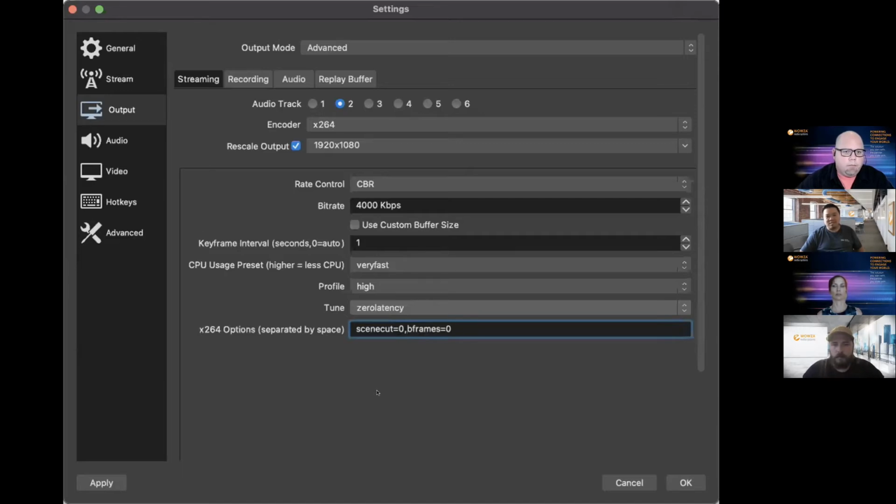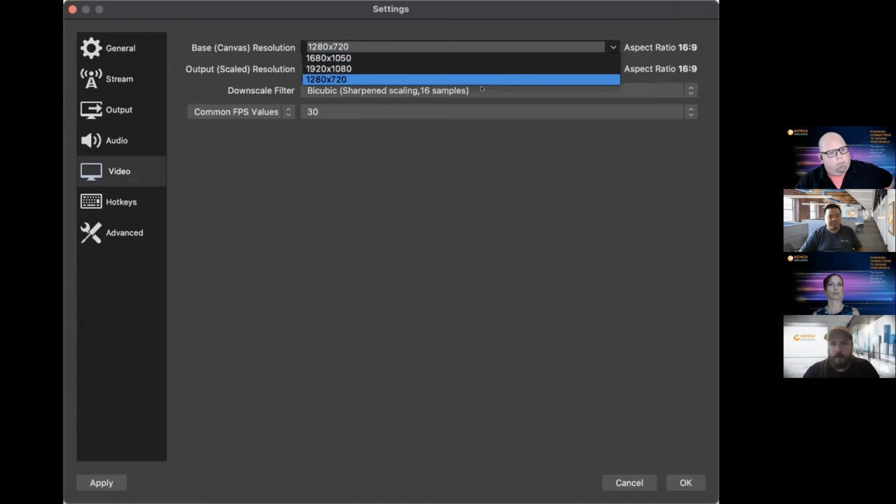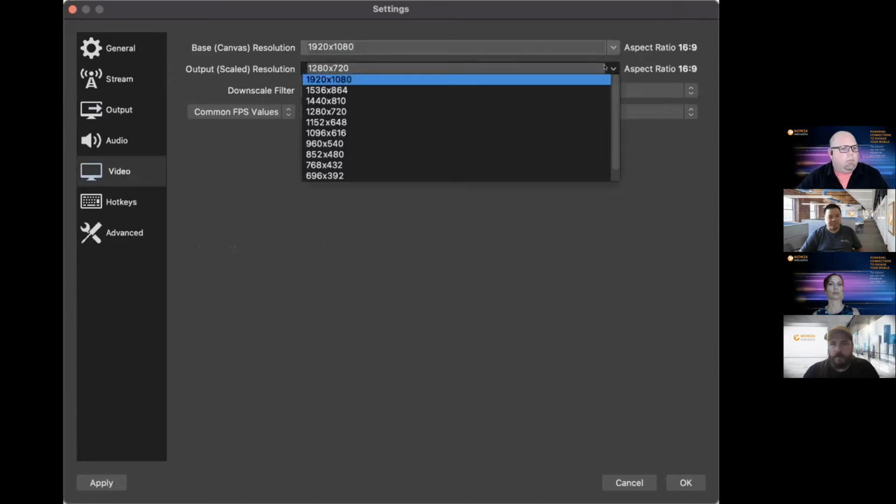That also being said, just to make sure we're on the same track here with these settings, I noticed at the top you have Rescale Output as opposed to just going under Recording and changing that to 1920 by 1080. Yeah, I just set that so I had the screen in one view, but you can also set your default base canvas over here and uncheck that.